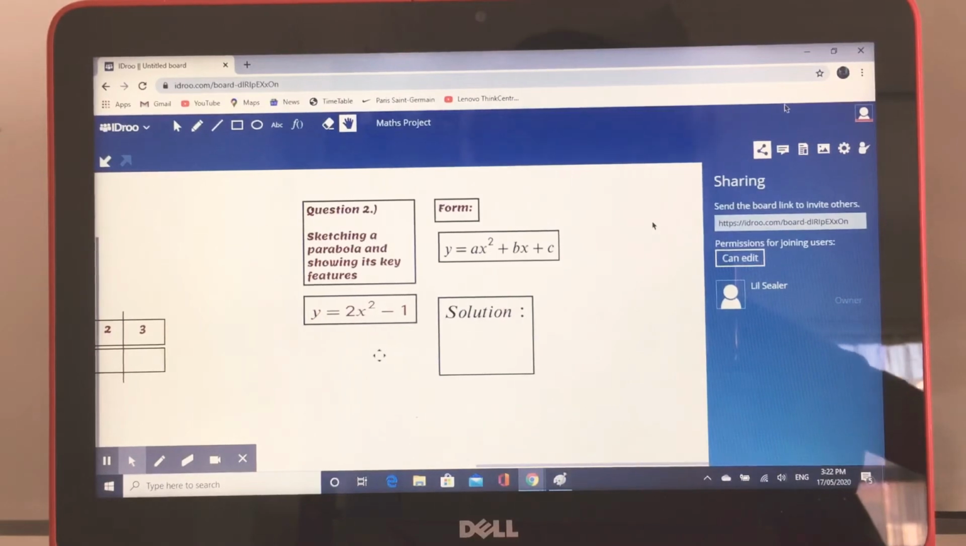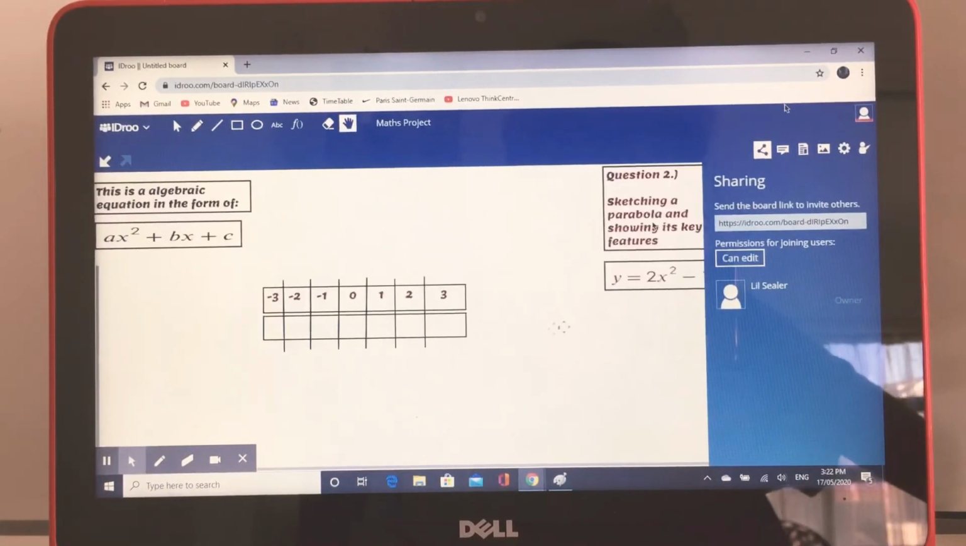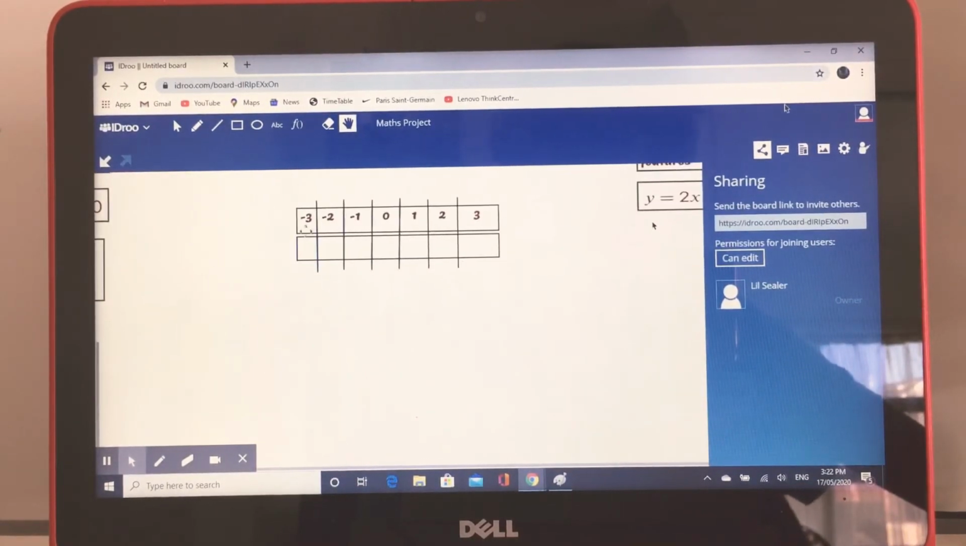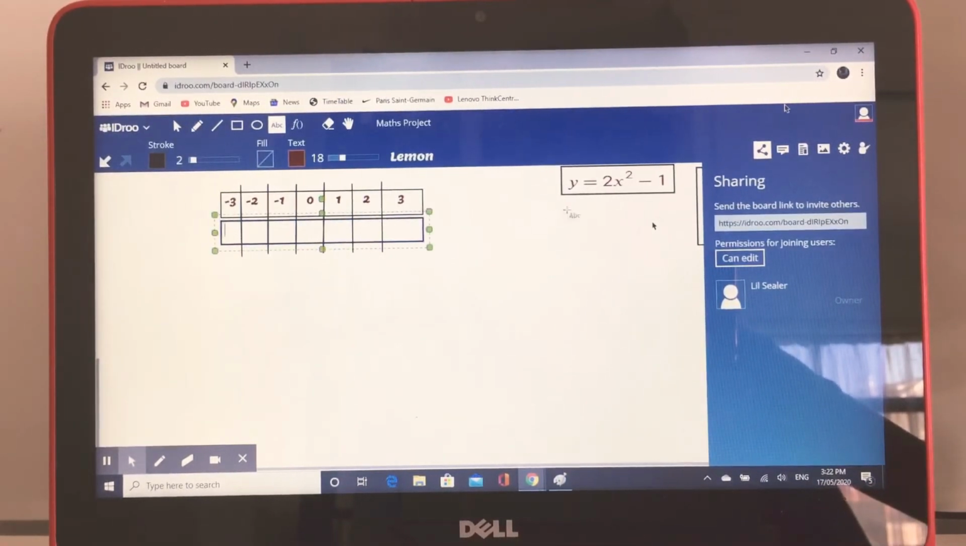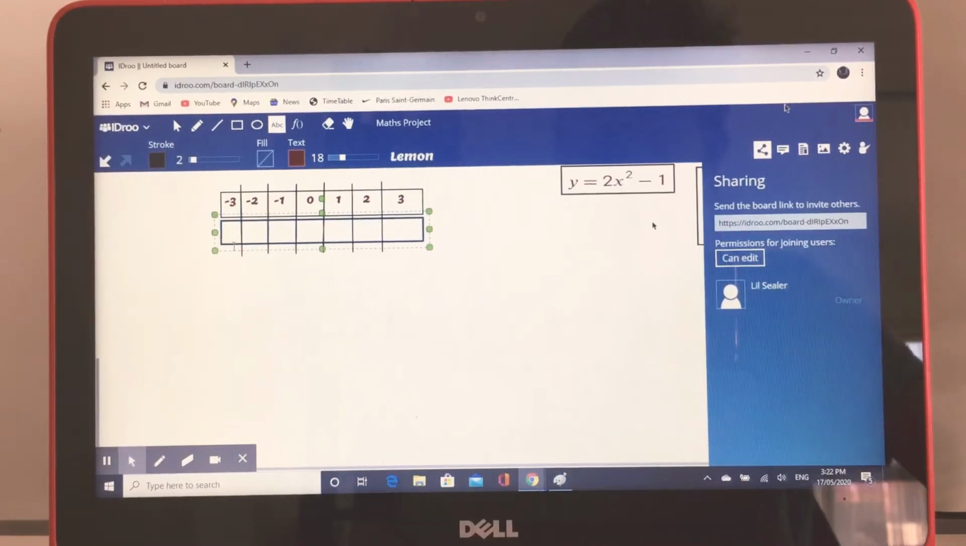So let's get started with step 1, which is complete the table of values. Now already written up here is the table of values. Just have to fill them in. So the equation being y equals 2x squared minus 1. So x squared, so x is here, this is x, the top column. So negative 3 squared is 9, 9 times 2, which is 18, 18 minus 1, which is 17, so you